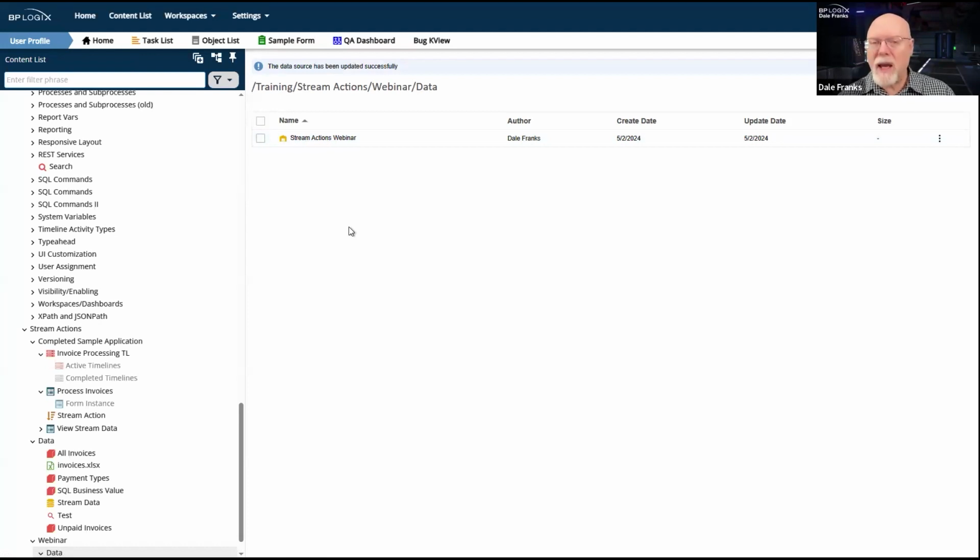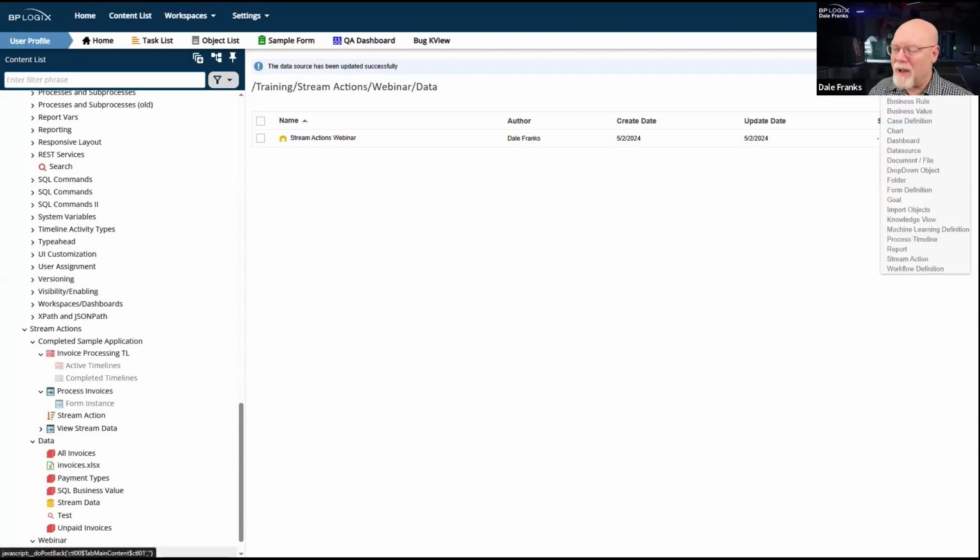In this case, I need to know the different types of payments that I can apply, or the different payment types that users can use to pay those invoices. Now, it's in a database, so I'm going to stick it into a dropdown, and I'm going to have to bind that dropdown to a business value. So I know I am going to need a business value for my various payment types. So I need to build that little building block first just to get that out of the way.